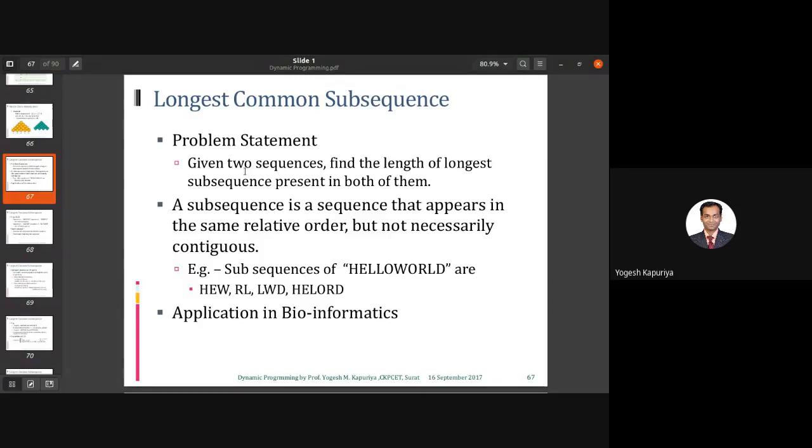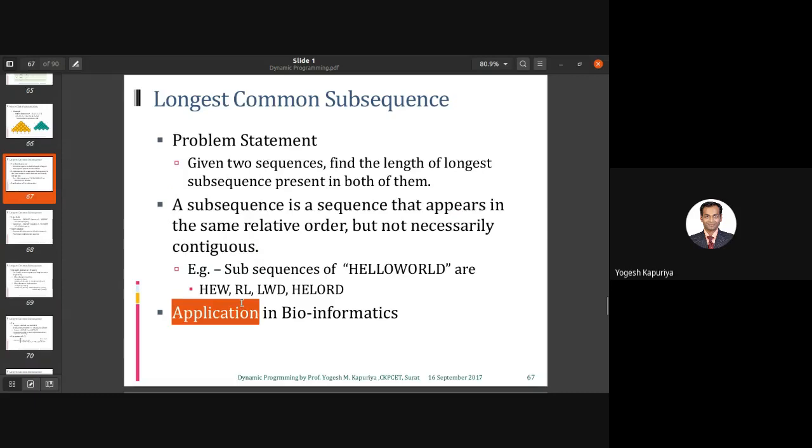That's the problem statement. That means you have been given hello world and, say, hello India. Out of these, you need to find the subsequence which is common in both sequences and is longest. We'll discuss an example, then it will be more clear.